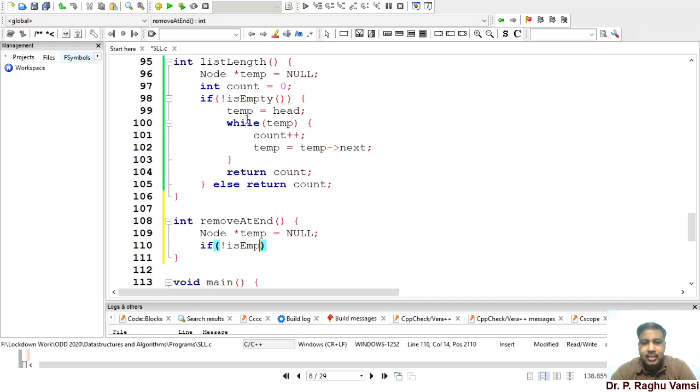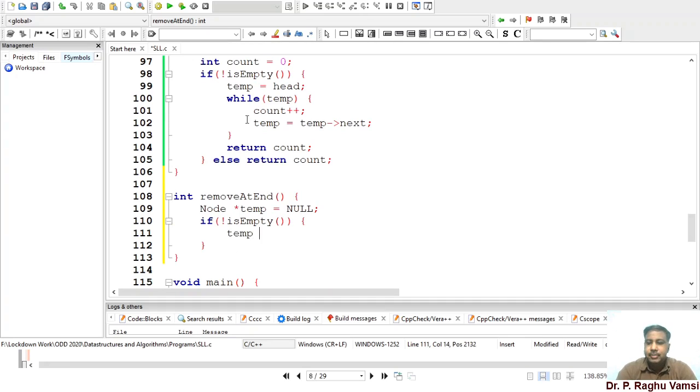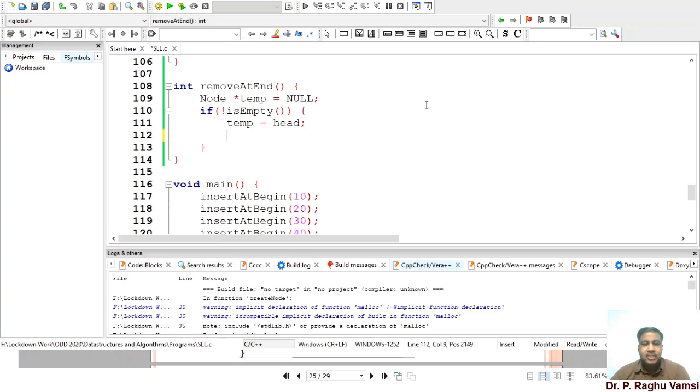If not is empty, temp is equal to head. So the head address will be assigned here. Then what are we supposed to do? We need to traverse till the last but one node. So instead of starting the initialization of the for loop from zero, as normally in arrays, for iteration I will start from one, because if one node is there, then it will count as one.